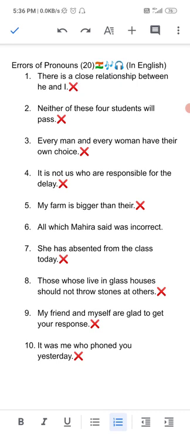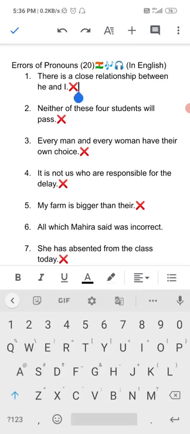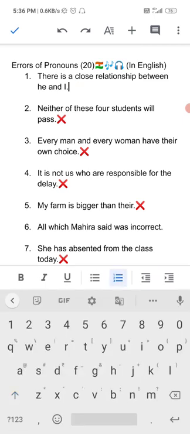So here the objective form of he and I should be him and me. So after between we have to write him and me. So the correct answer should be